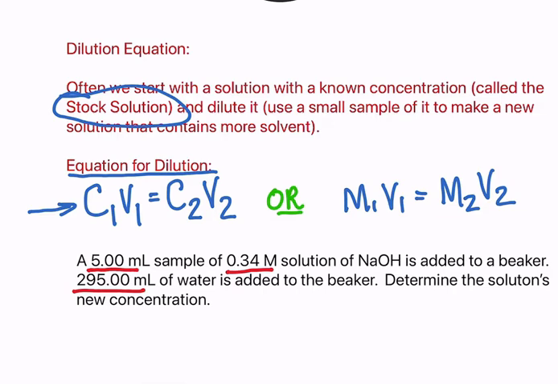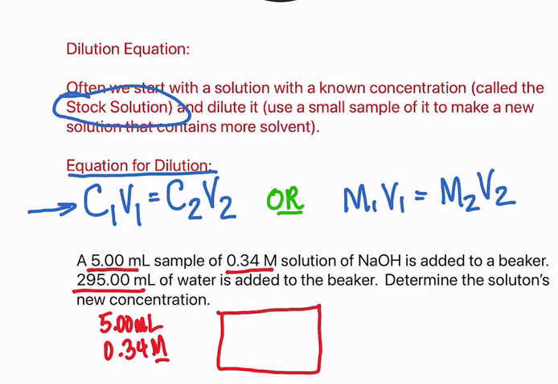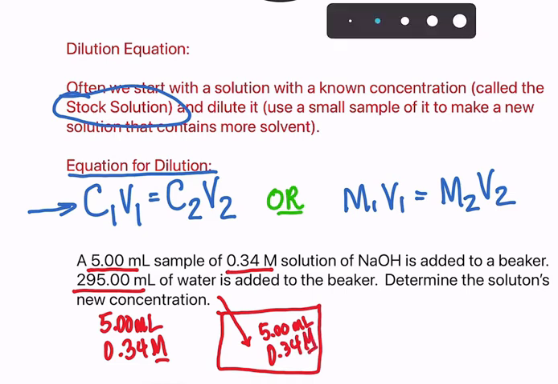So when I get ready to look at this, I have 5 mils of a sample that's 0.34 molar. Now those go together, so it's important to keep those together. And we're going to add it to a beaker. So imagine this is our beaker. And we're going to add that 5 milliliters of that 0.34 molar. We're going to have it in there, and then we're going to add in